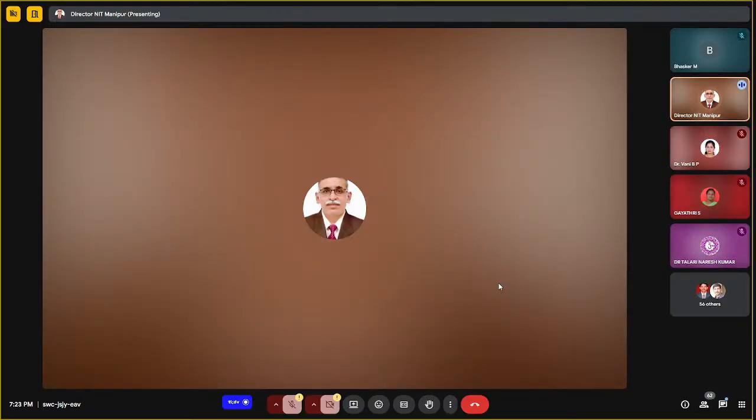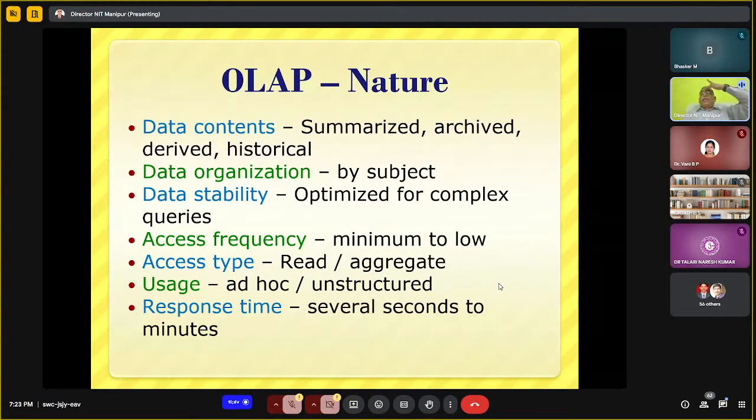You are not extracting every minute detail from the raw data; you are doing analysis on summarized data. So data is represented in a highly summarized form. The higher the grain, the lower the size. This is what I mentioned in yesterday's class: based on the granularity, the size of the data warehouse will be decided. Therefore, we put more summaries into the data warehouse so that we can reduce the data size. So this is content-wise.